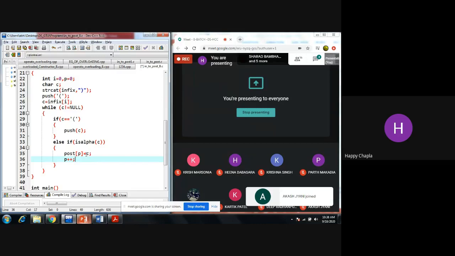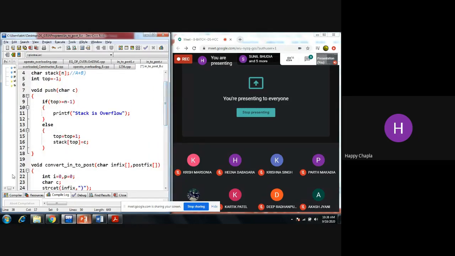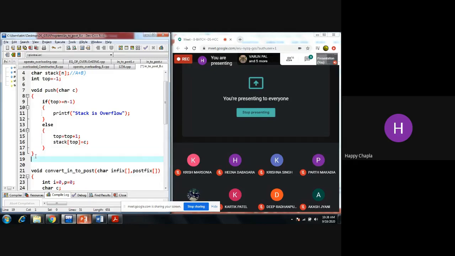Now, how can I check whether the entered character is an operator or not? So else if operator. We are taking one function for checking whether the entered character is an operator or not.